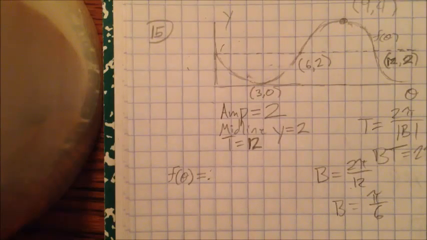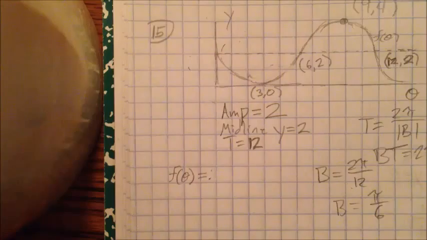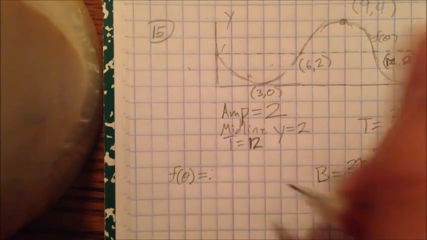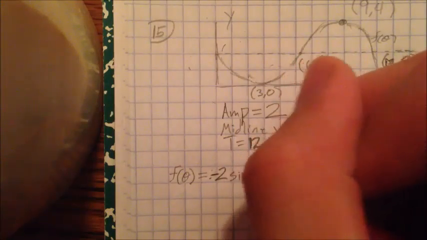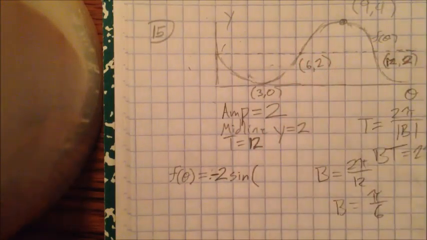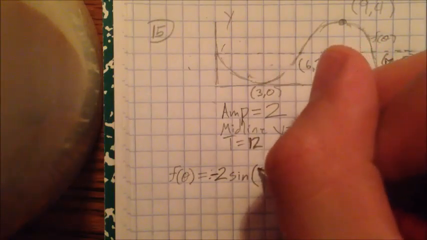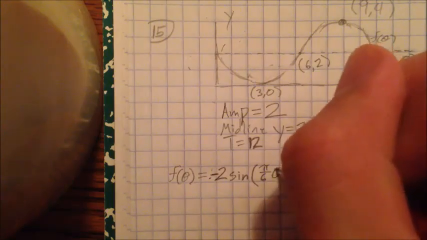It looks like a sine curve. The only difference is that it has been reflected about the x-axis. So it's not 2, it's actually negative 2, because we're reflecting it. So negative 2 sine, our b value is pi over 6 times theta, pi over 6 theta,